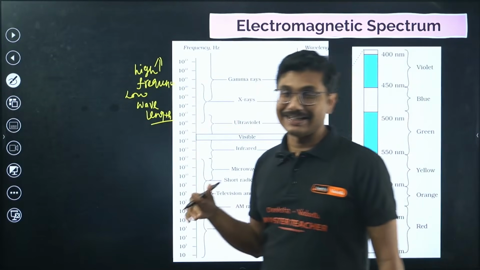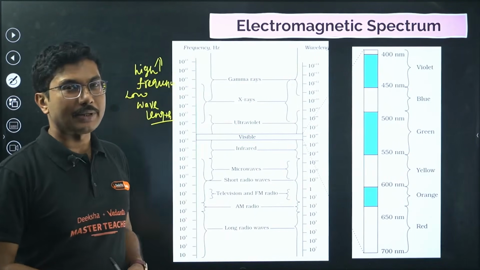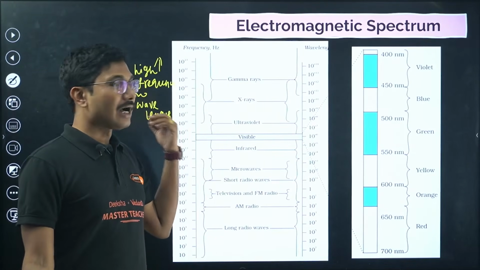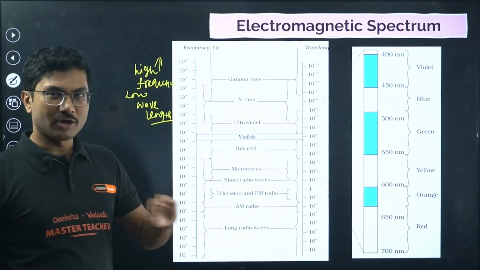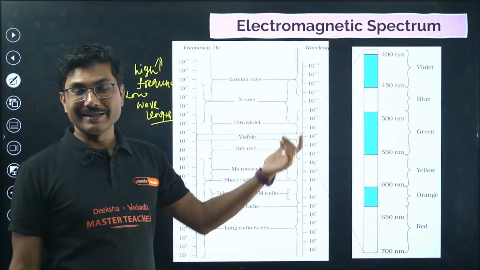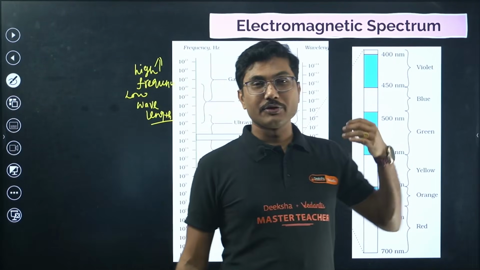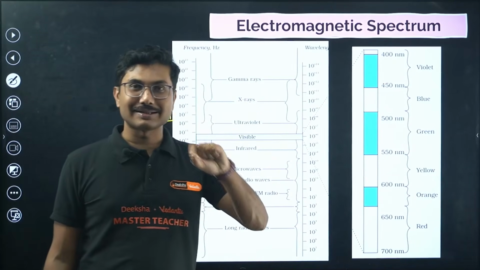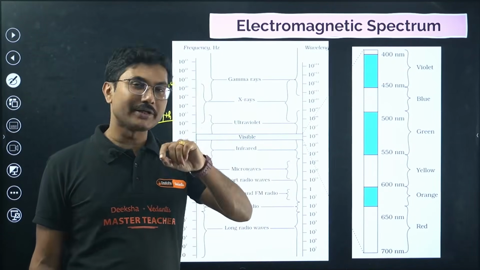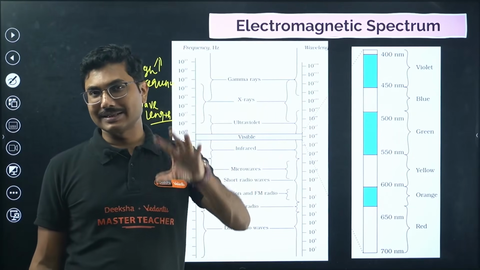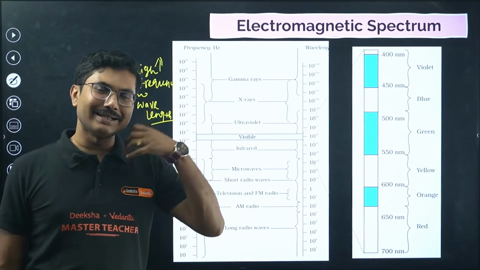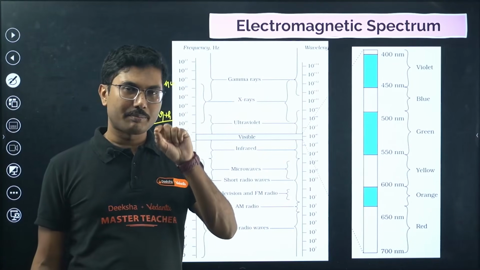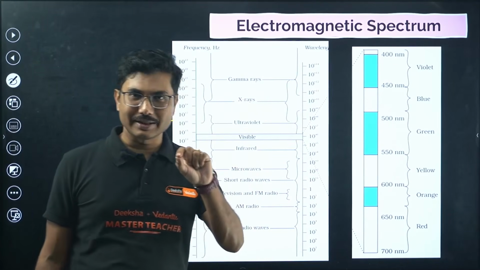So these rays are generally considered dangerous because they can penetrate any object, especially rays like gamma rays, X-rays, even ultraviolet rays. Okay, gamma ray is basically a treatment for cancerous cells. So if you have a cancer in your body, then gamma rays are sent through to the cancerous cell. It can penetrate through your skin and go to the cancerous cell. The cancerous cell absorbs the gamma ray and then it gets destroyed. Okay, because it has very low wavelength, you can pinpoint the cancerous cell and send the gamma ray